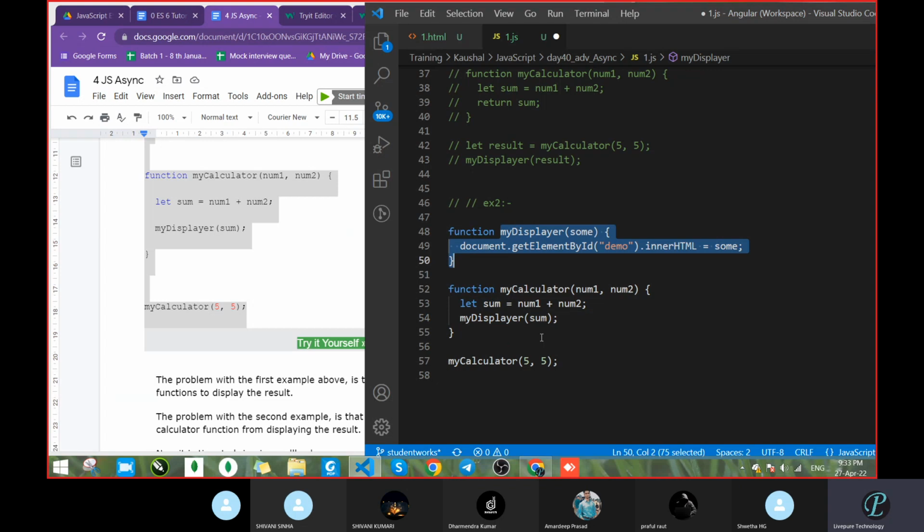What is this function known as? What is the name of this function? Wait, sir. Callback? No. If callback comes, I will tell you that this is callback, but I have still not used the name callback.